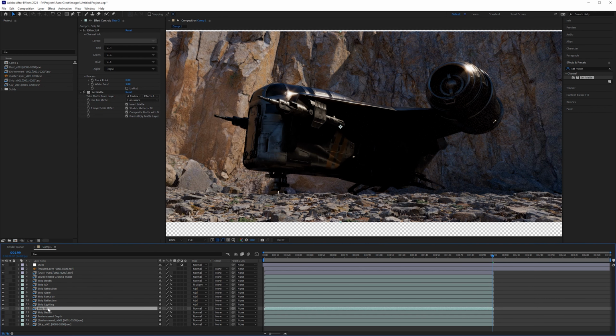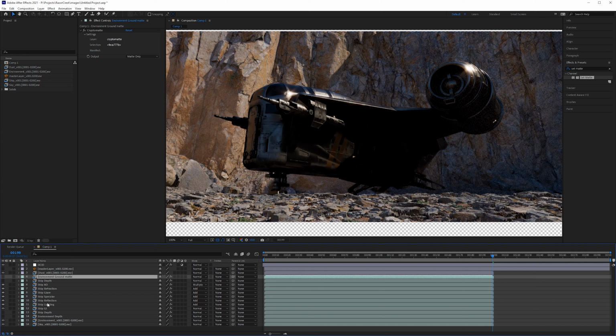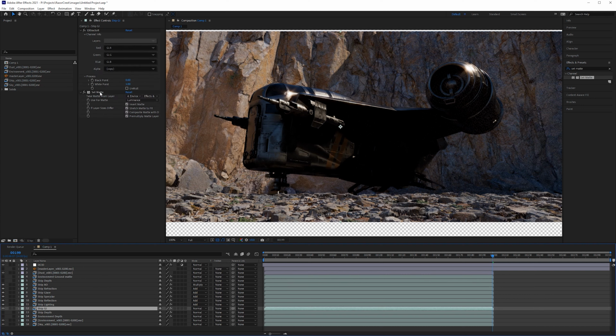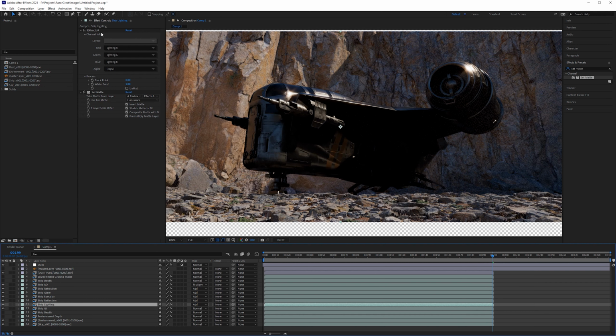but I don't recommend that because, first of all, it makes it cumbersome to make adjustments to any of these layers if you have a pre-comp, and there are certain things you cannot do. So I like to have all the passes out here, which would require multiple copies of the ground matte, or use the set matte effect. Now, when you're using the set matte effect, it must go underneath Extractor. Extractor must be the first thing, then set matte effect.